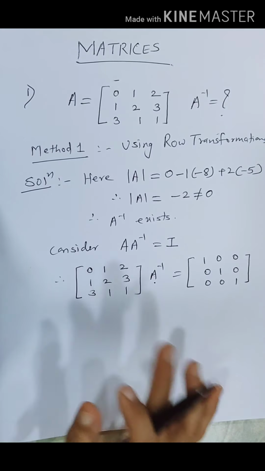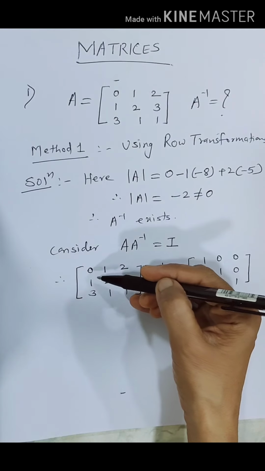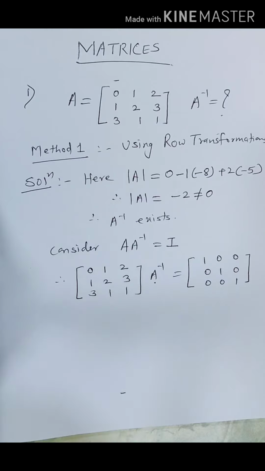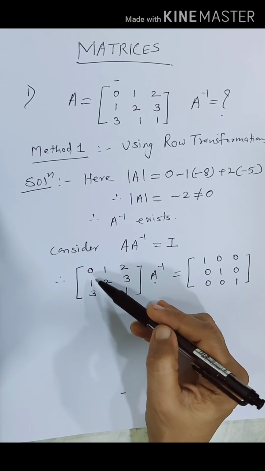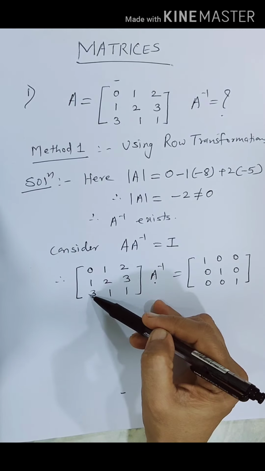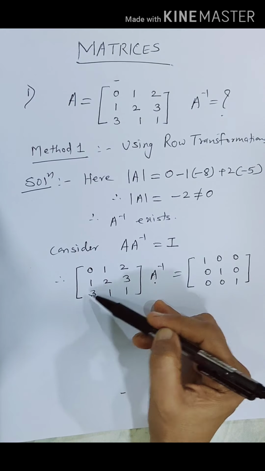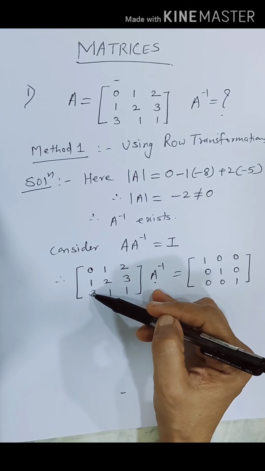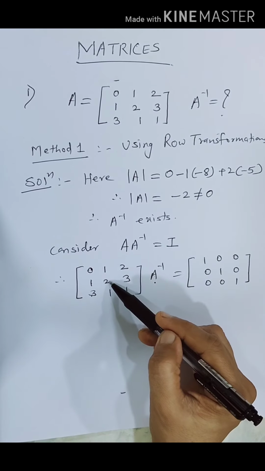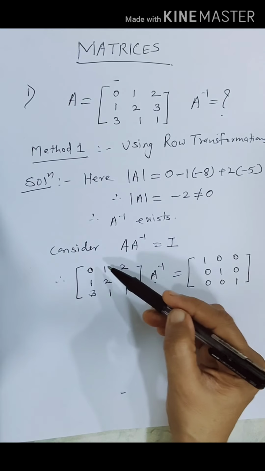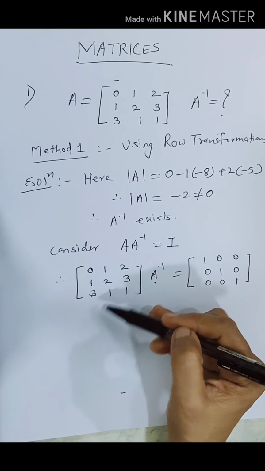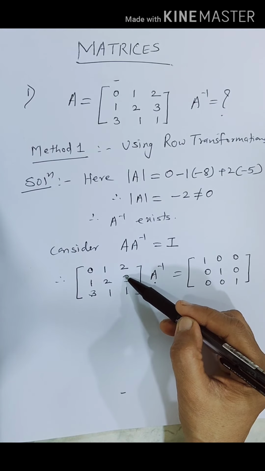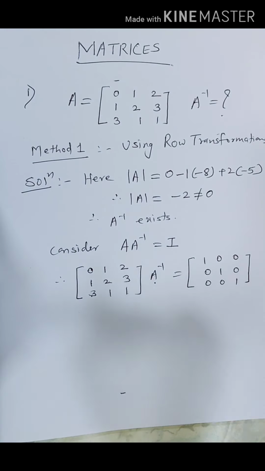Now for row transformations, how do we proceed? We proceed column wise. We are going to follow those 6 steps. So we try to get 1, 0, 0. First step will be getting 1 here, then 0 here, then 0 here. Then our next step will be getting 1 here, then getting 0 and 0 here. Next step will be getting 1 here and getting 0, 0 here. So we are going to follow those 6 steps.